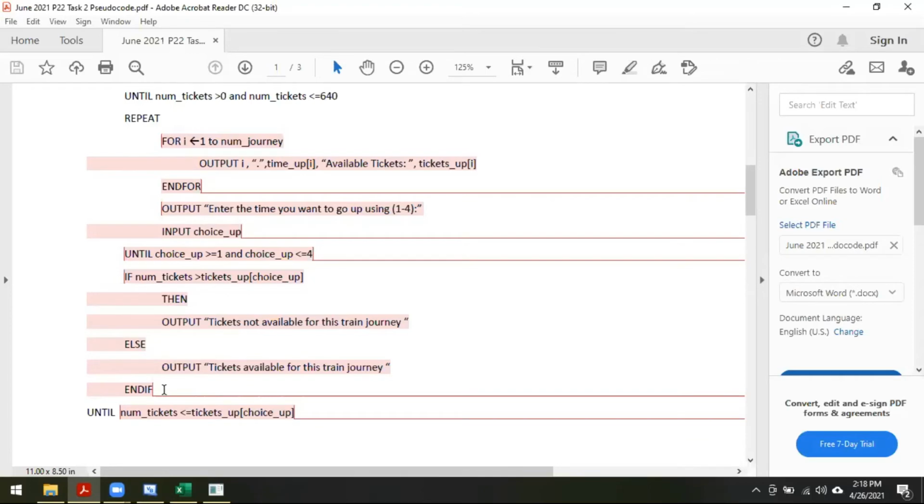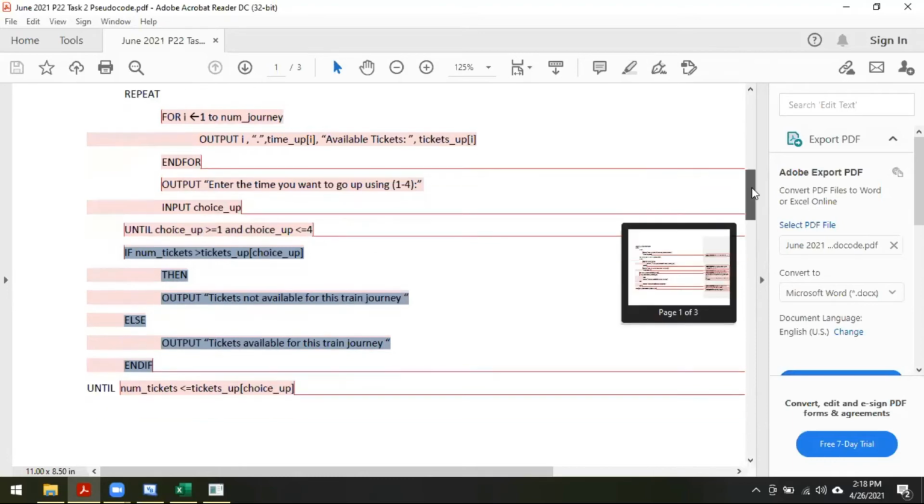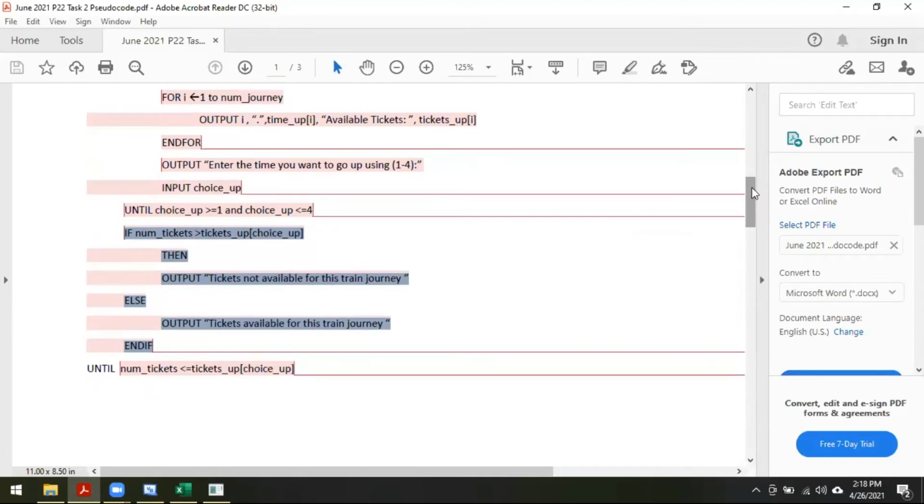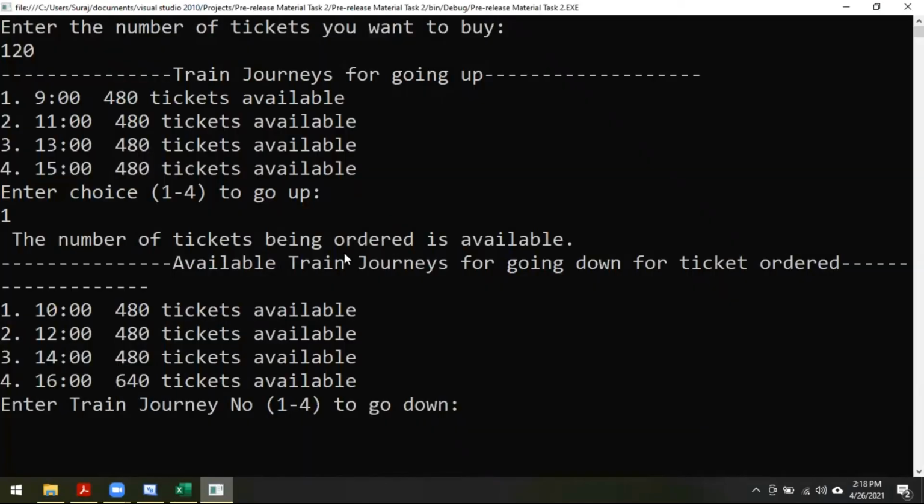So this is, I can say, the heart of task 2 for validating exactly if the number of tickets is available or not. Now, if the tickets are available, I will have to do a validation. If the number of tickets is less than or equal to, so it may happen that I choose a number of tickets that is not available. For example, in this scenario, I can again choose